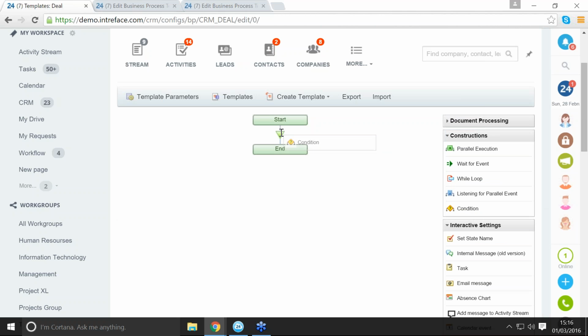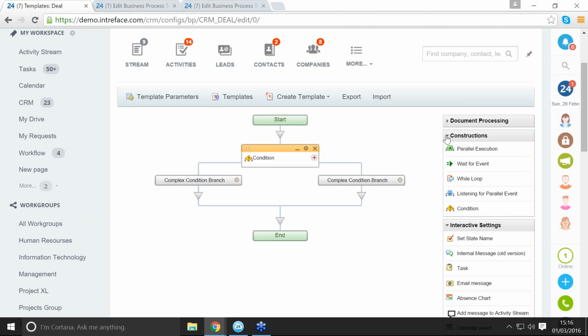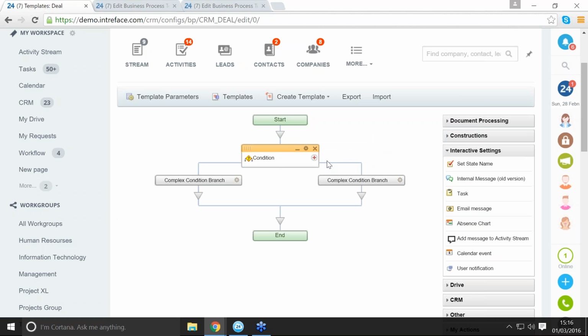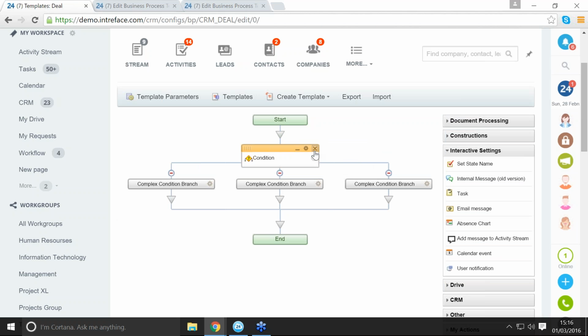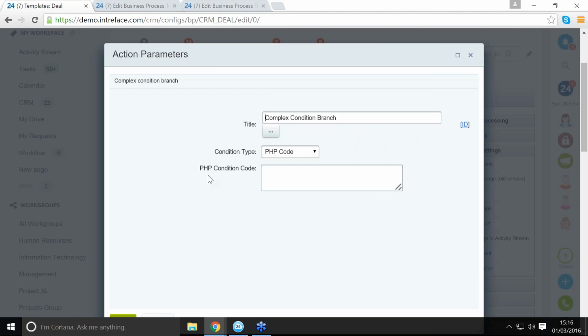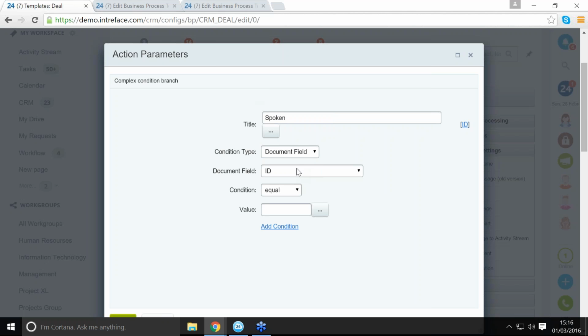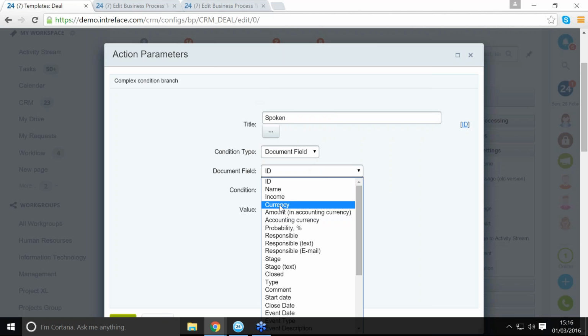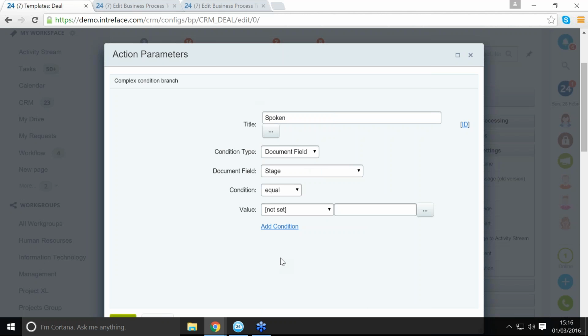and I'm going to bring in a condition to this. What a condition does is look at certain criteria that you set in each branch, and once each branch has passed that criteria, it will continue with the action blocks below that. So we can check on this. We're going to look at the spoken stage. All we need to do is find the stage in a deal, and once it's equal to spoken, we can click on save,